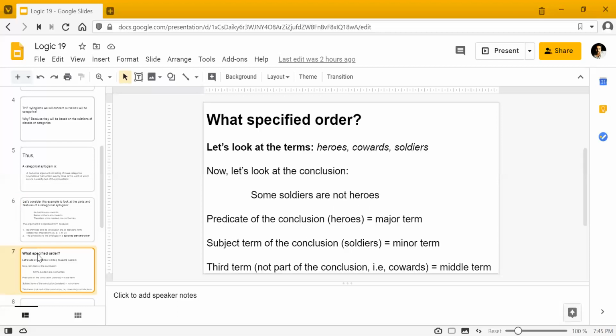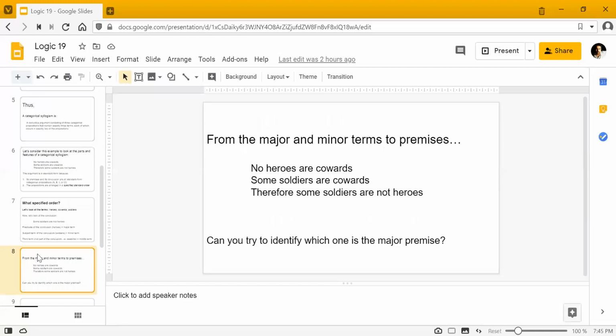But the thing that you should always remember is how to determine what the major term and the minor terms are, is by looking at the conclusion and figuring out कि position क्या है predicate term की और subject term की. Predicate term जो होगी conclusion की, again I'll repeat, will be the major term. Subject term जो होगी conclusion की will be the minor term. ठीक है? अगर आप इसको जहन में रखो तो फिर आप इसके ऊपर आप बात कर सकते हैं.